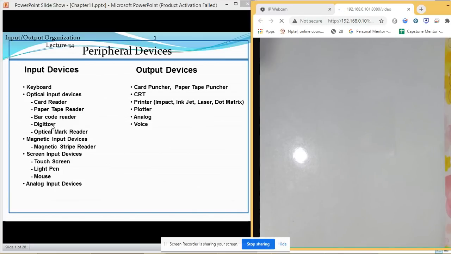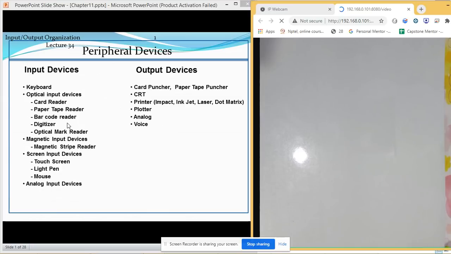Now, what is this digitizer? It is a device which is used on your mobile phones right now. So, there is a touch screen. There is a touch and there is a screen. That touch which we call is a digitizer. It takes an input from your finger and then transfers it to the CPU, and it detects the input. So that is a digitizer.